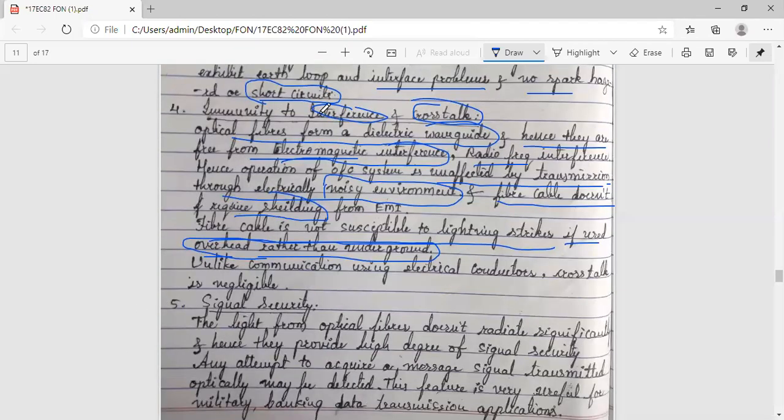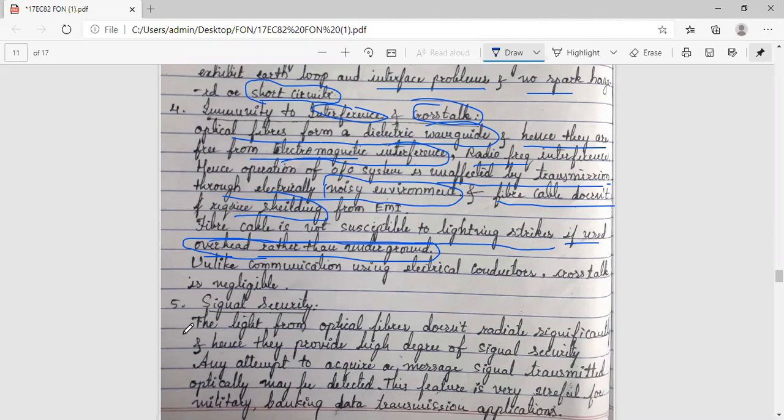Next, the next advantage is signal security. As I said, in the case of a telephone call, when you're talking to another person, crosstalk is very common. Even tapping is very common. Information leakage is possible there, due to the use of conventional cables. So signal security is not guaranteed there. Anybody can hear.